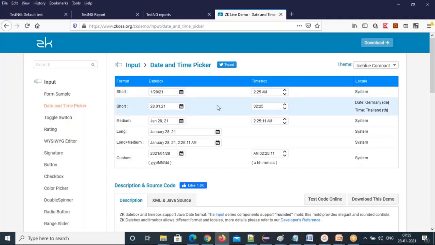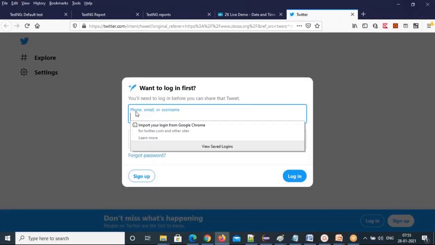And again, a pop-up is coming here. Okay, so this tweet I need to click. If we click tweet, another tab is opening for me. I need to switch to this tab. I want to type something here.